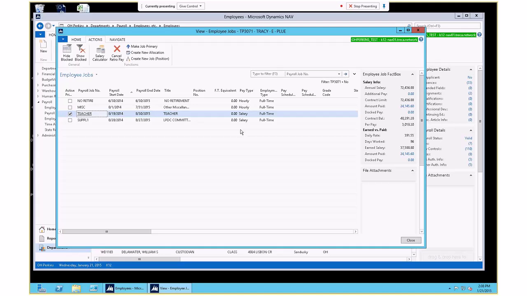So the employee has to be non-blocked. The job has to be not blocked. The job start date and end date have to be on both sides, if you will, of the check date. Then it will just drop in. However, there are some caveats here, and one of the caveats is that they actually have dollars left in their